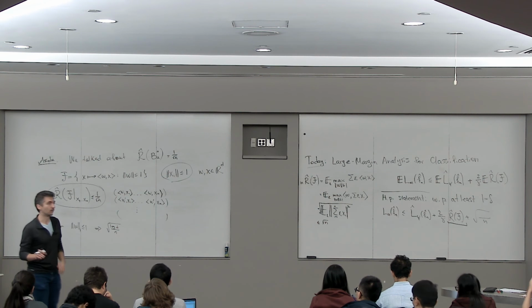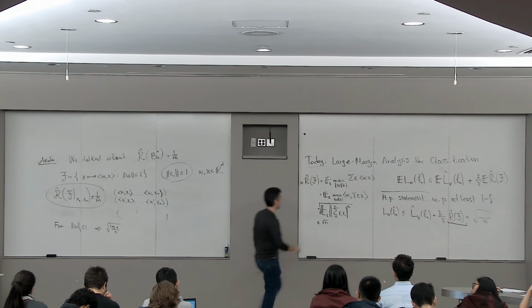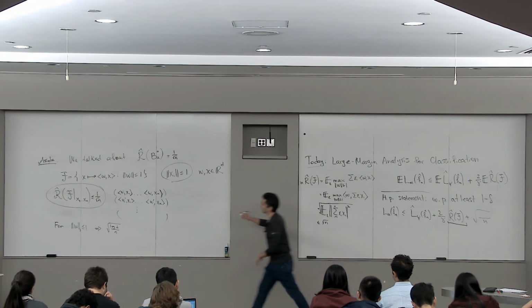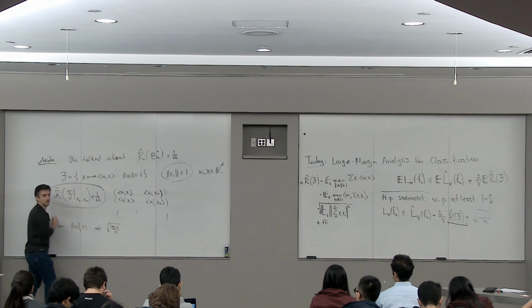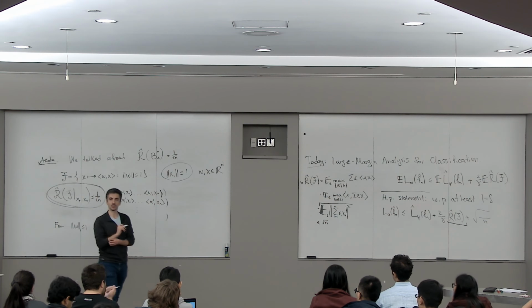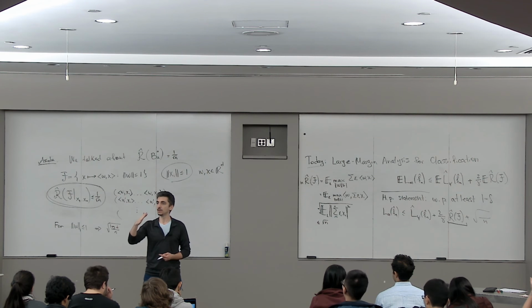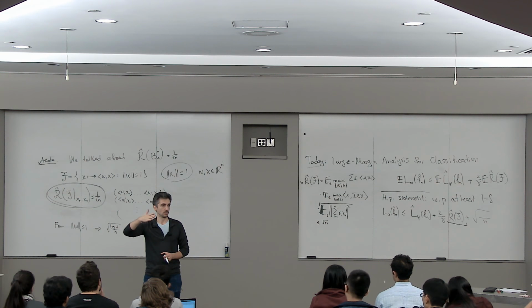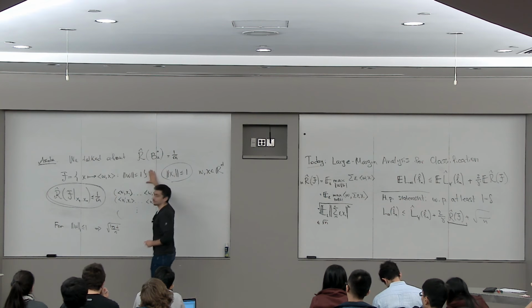Okay. Now, here's the punchline. Forget about the L1 case. Let's go back to this one, and let's think of a perceptron. So what is a perceptron? It's a hyperplane whose norm is bounded by 1 in the L2 sense. So that's exactly this class. The perceptron is actually working with exactly this class.